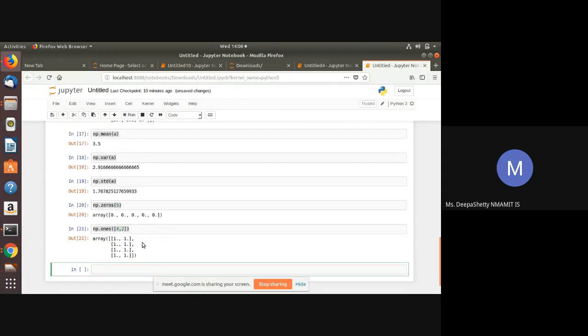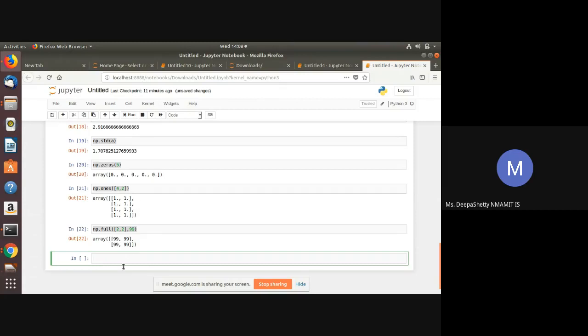So this will create a matrix whose elements are 1 and size is 4, 2. You can also create a matrix with some number using the command np.full followed by the size of the matrix, comma, the elements that we want in the matrix. So this will create a matrix with the elements 99 whose size is 2, 2.